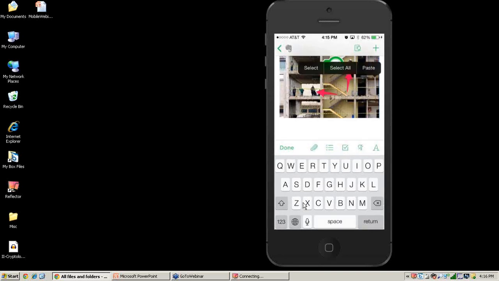If you wanted to add any audio recordings, notice I click on the little attachment thing. I could click on the microphone. I won't do it now, but we could record a part of the conversation. If the guy from OSHA gives me, say, a punch list of things that I need to make sure we take care of on this particular project, right over here, I've got this little box with the check marks. If I click that, it's going to let me start creating a list that's going to be check boxes.